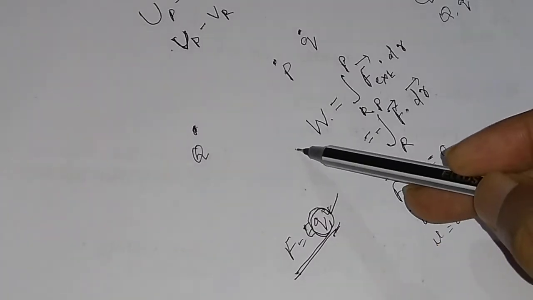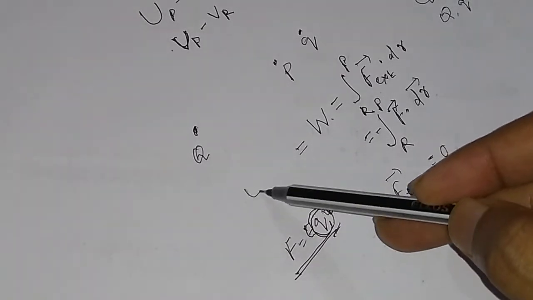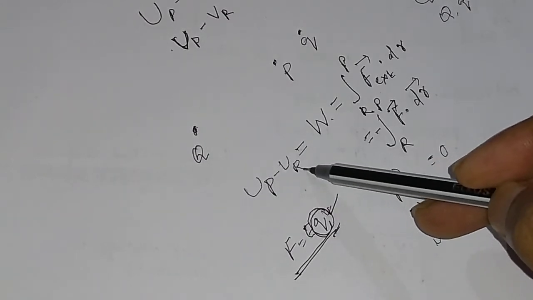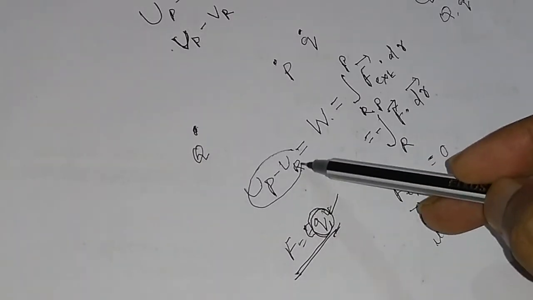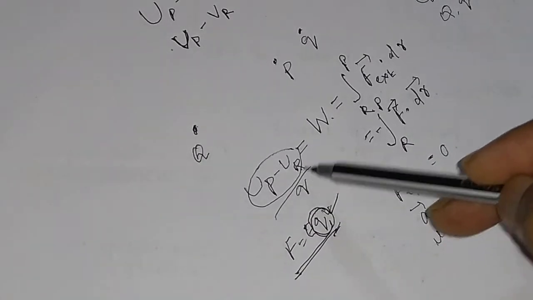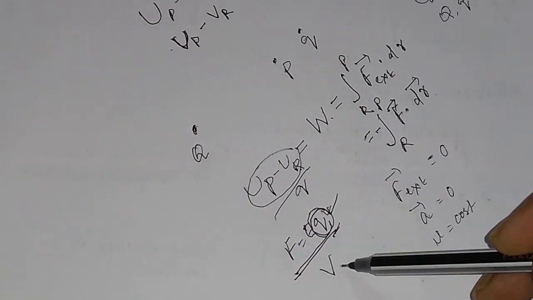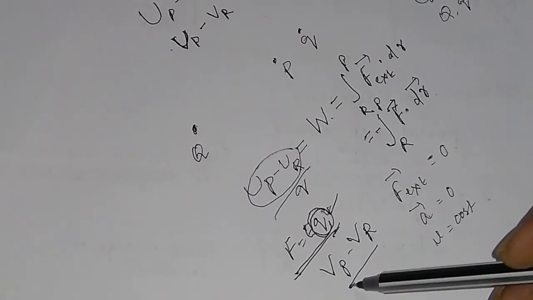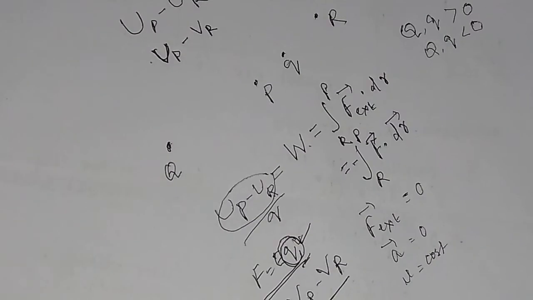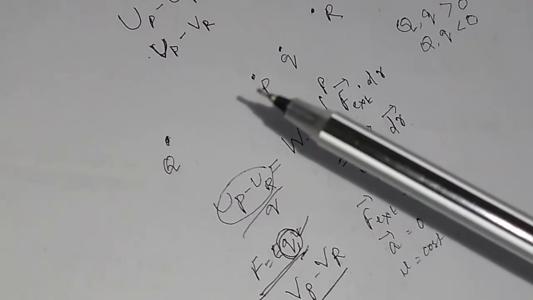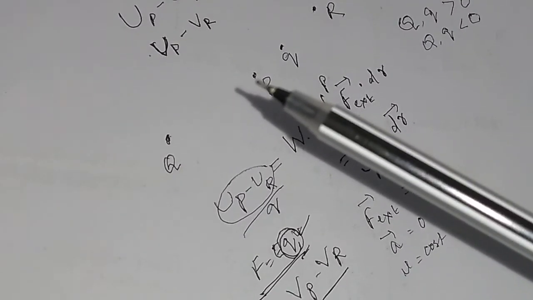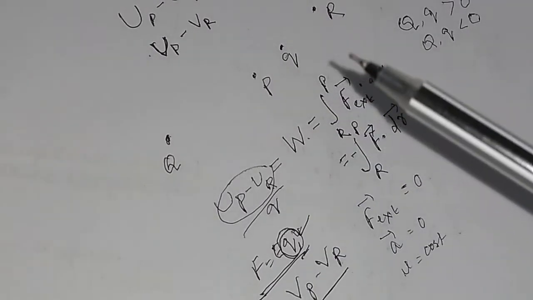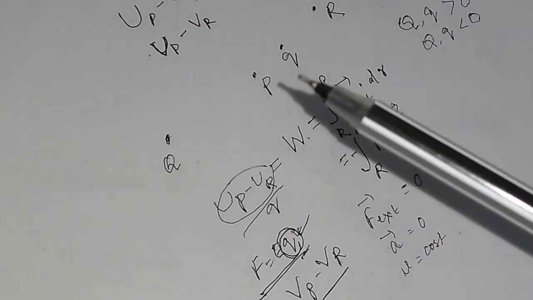To eliminate this charge q, you have to divide the electrostatic potential energy difference, Up minus Ur, by the charge q. So this will be equal to Vp minus Vr, that is the electrostatic potential difference. And remember, since point P is at a higher potential or higher potential energy than point R, you always write Vp minus Vr, not Vr minus Vp.